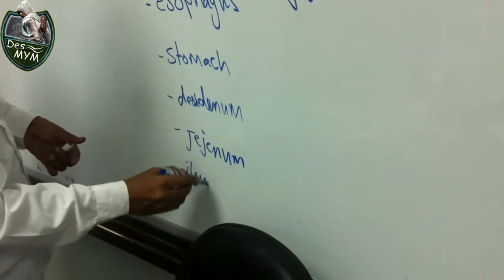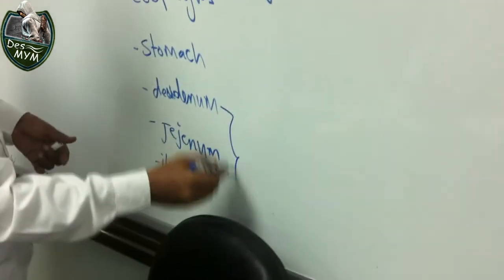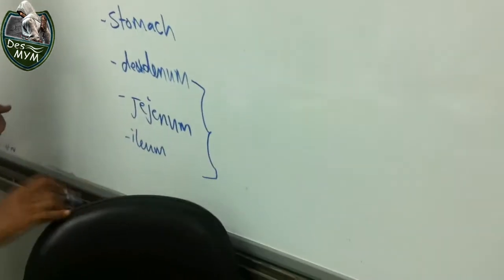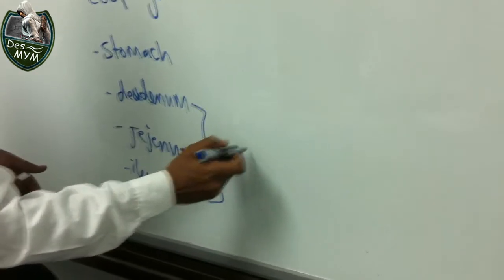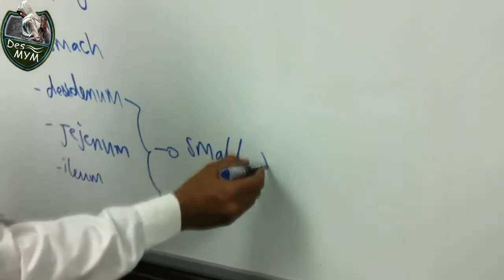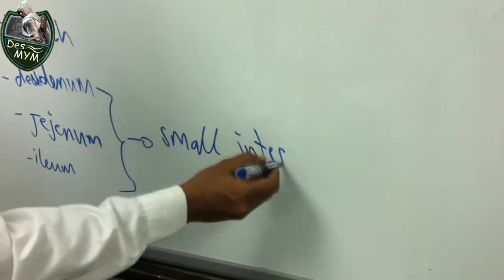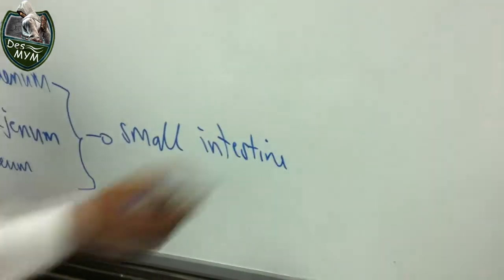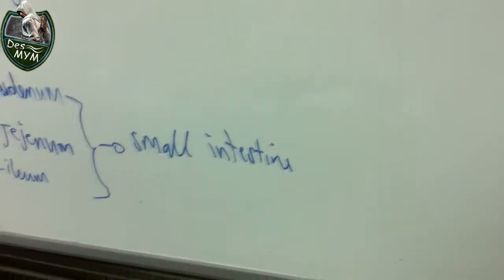These three parts, duodenum, jejunum, and ileum, are called the small intestine. Okay. Then